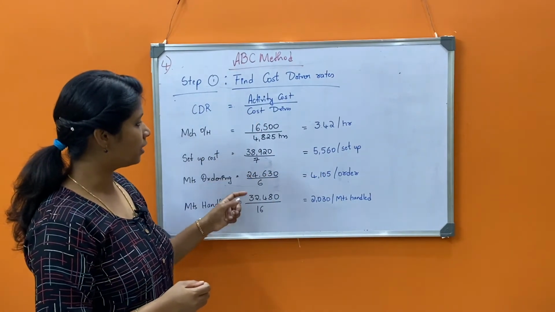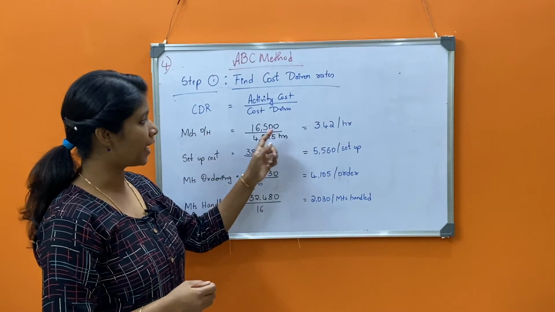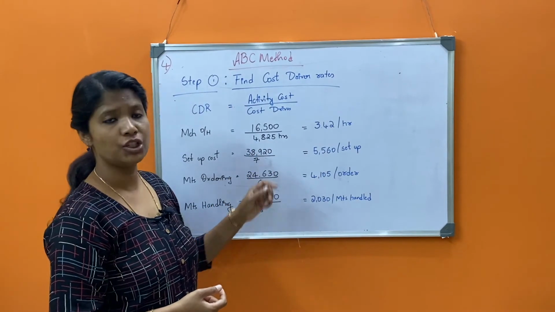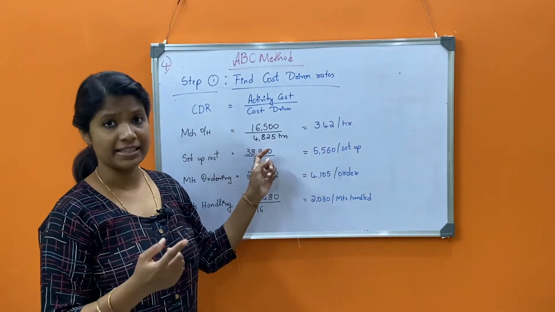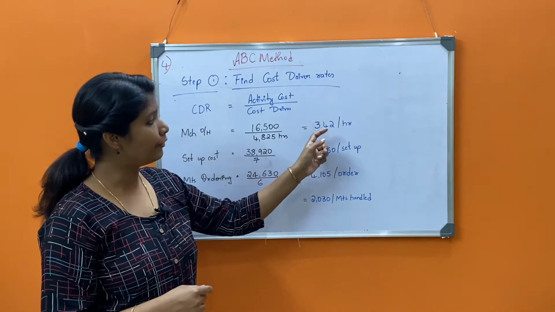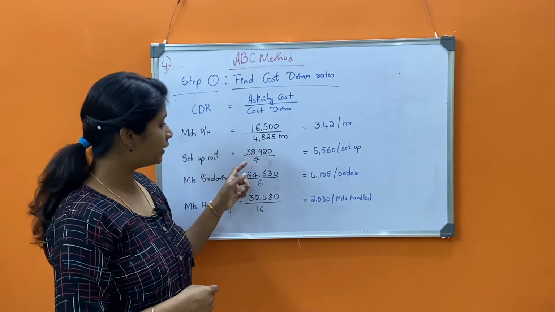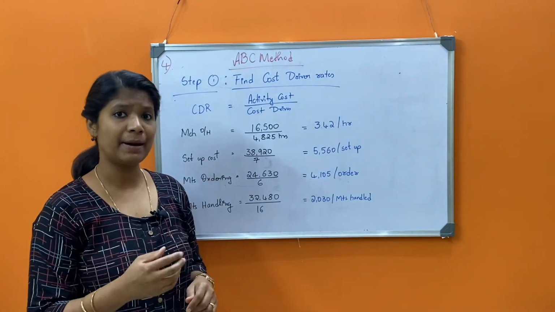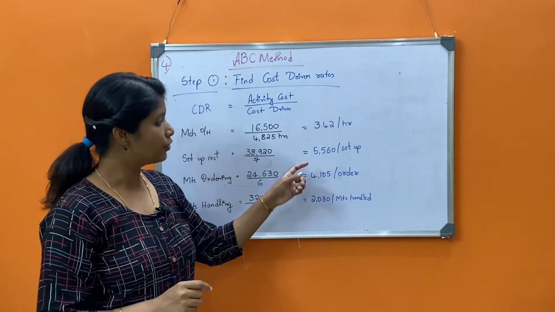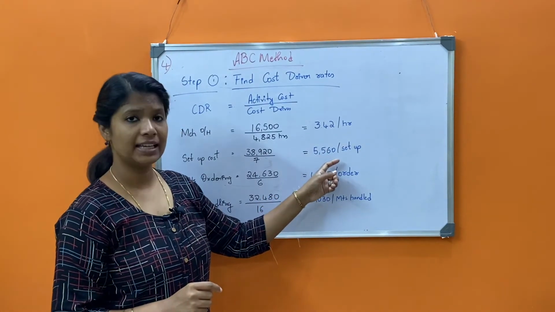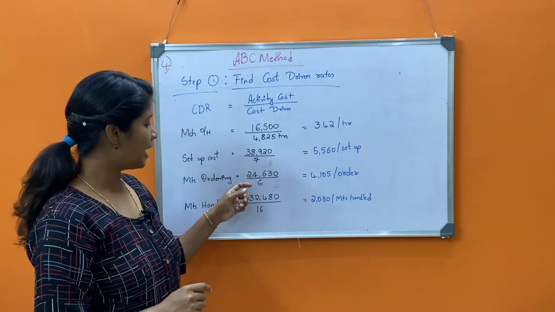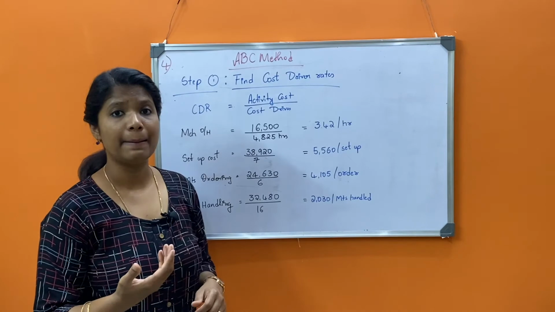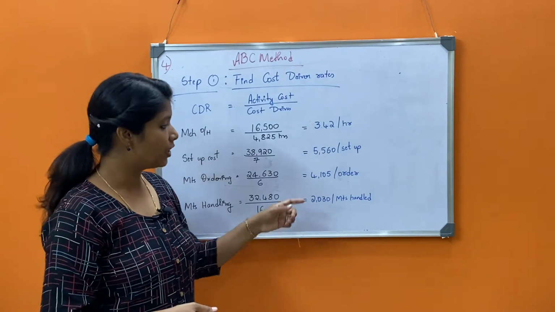The individual values I have written: 16,500 divided by the total machine hours, 4,825, that we found out under step 1, if you remember. It's 3.42 every hour. Setup cost is 38,920 divided by the number of setups, which is 7. So 5,560 per setup. Materials ordering: 24,630 divided by how many times the materials were ordered? 6 times. So the rate comes up to